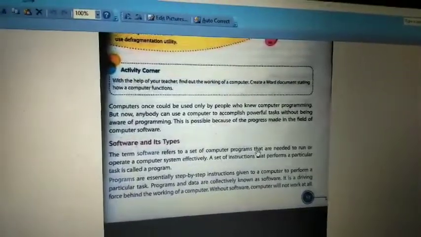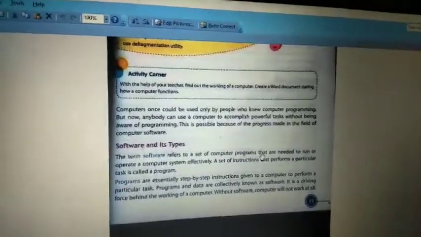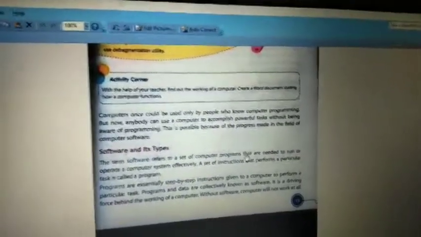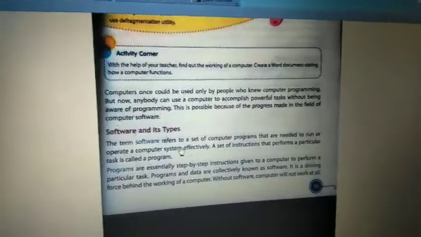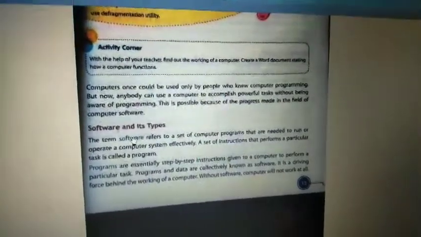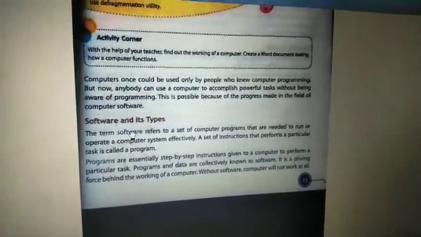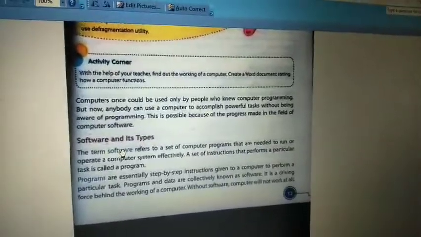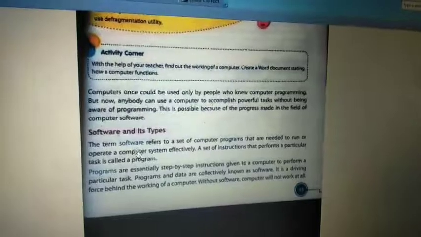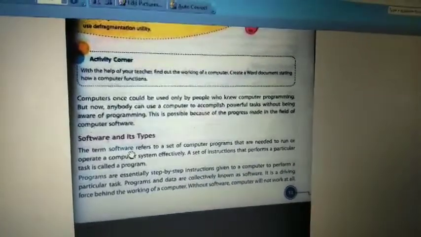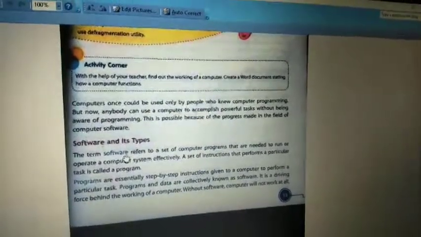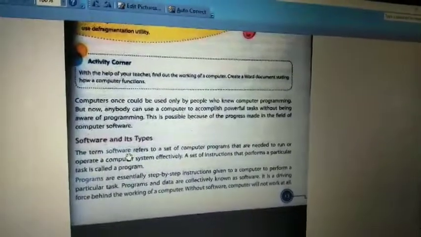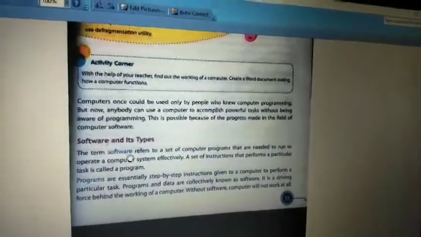But you have to understand how the computer works according to the instructions of the user. That is what is called software. In this lesson we are going to discuss it completely in detail. We are going to discuss the types of software. So what is it called? Software. I hope you must have read, software means a program which